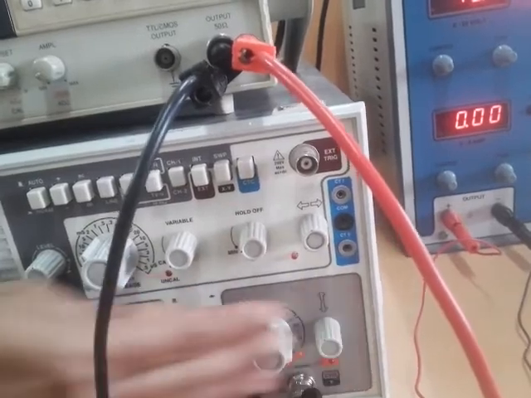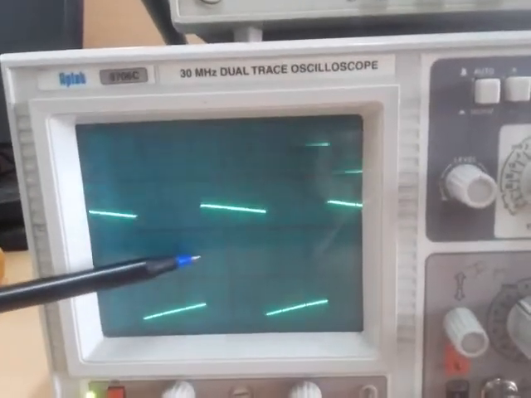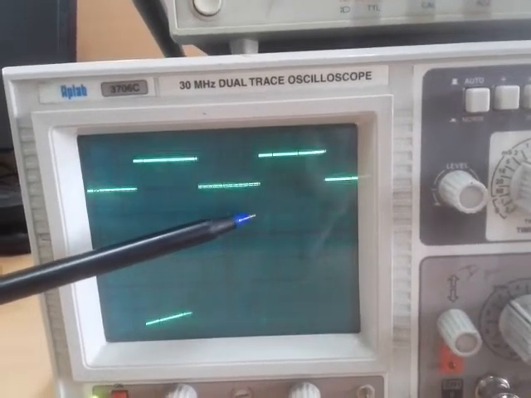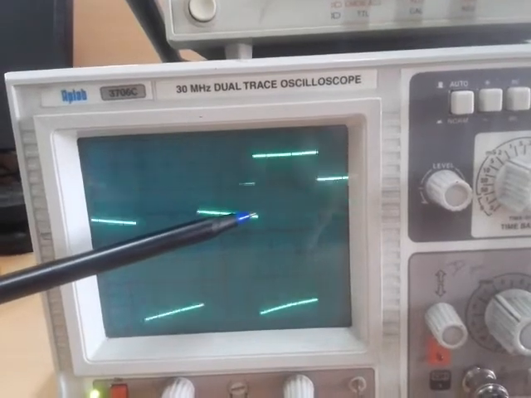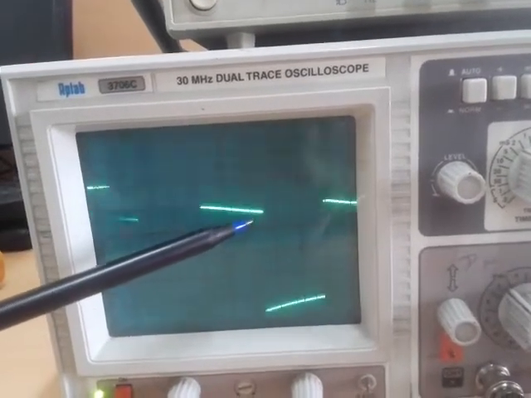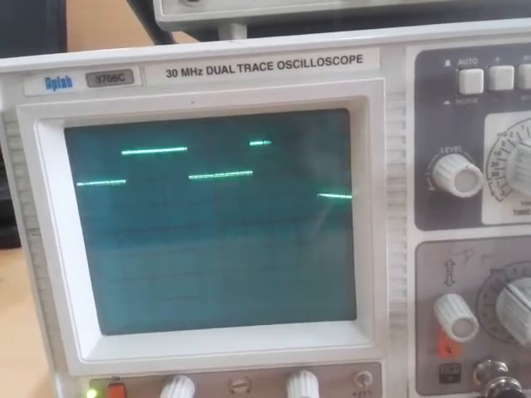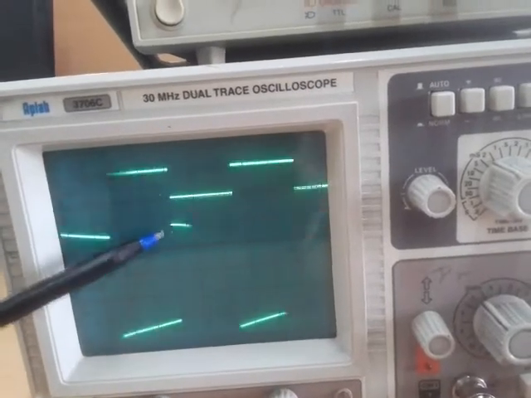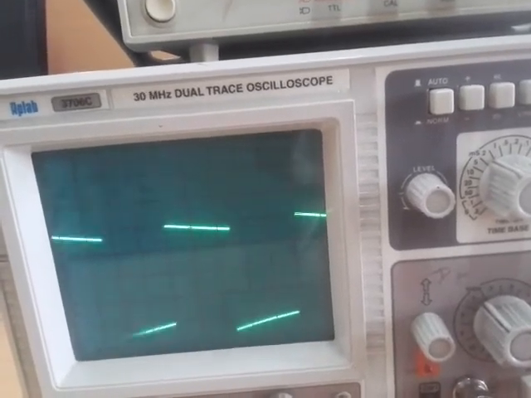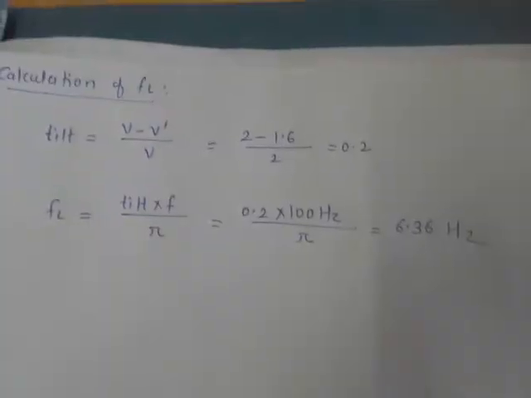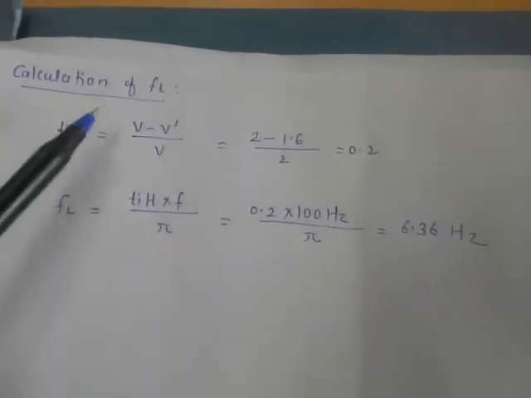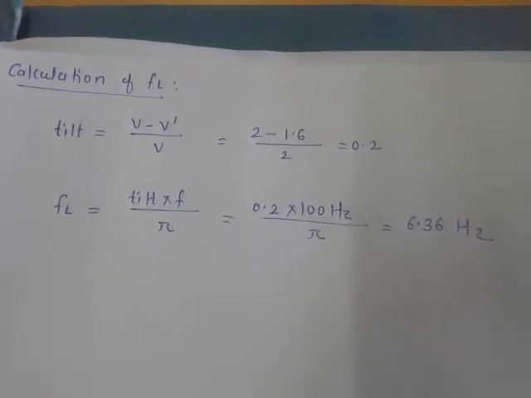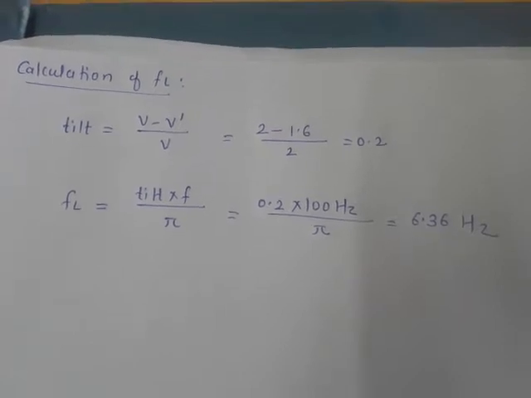From this tilt we are calculating the height V, the portion V where the peak is maximum, and then where it reduces, that voltage we are calling V dash. So V and V dash we are going to measure. When we clearly take the measurements from the ground reference line, as you can see here, we find out that V is 2 and V dash is lower than V, which is as per the readings from the CRO 1.2 volt.